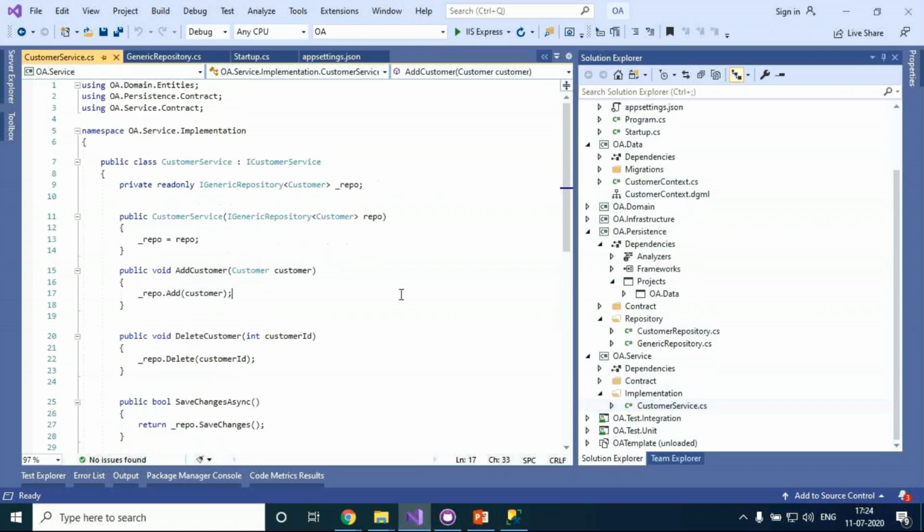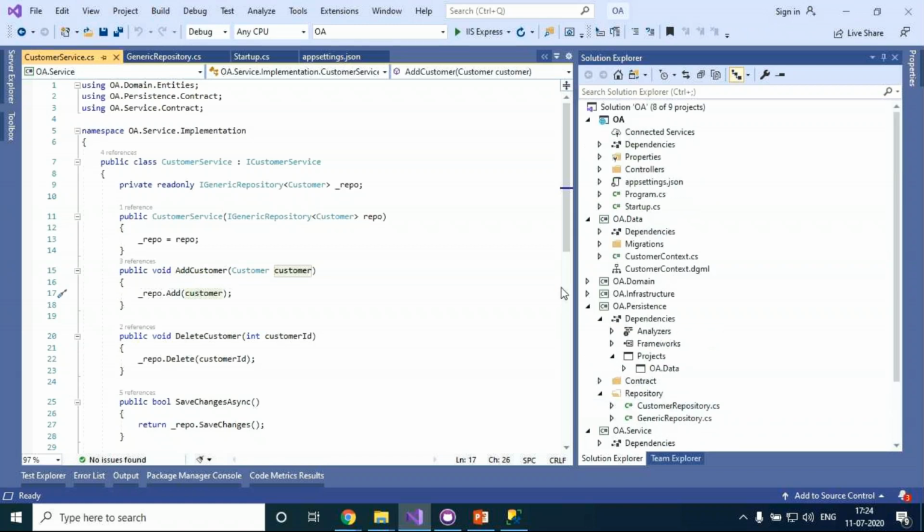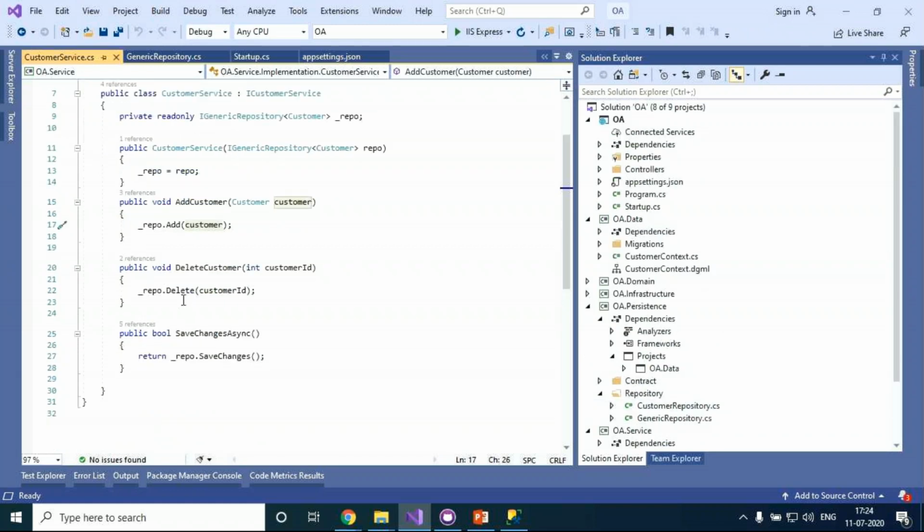This is where we want to implement that. For example, if you want to add, this is a simple call actually. That's nothing. We'll see more complex ones in the next project. By calling this, I'm injecting that repository pattern in my customer services. Through that, I'm going to call the customer add to the data context here. And for deleting, it's deleting and save changes. Save changes is nothing but where we can commit the things.